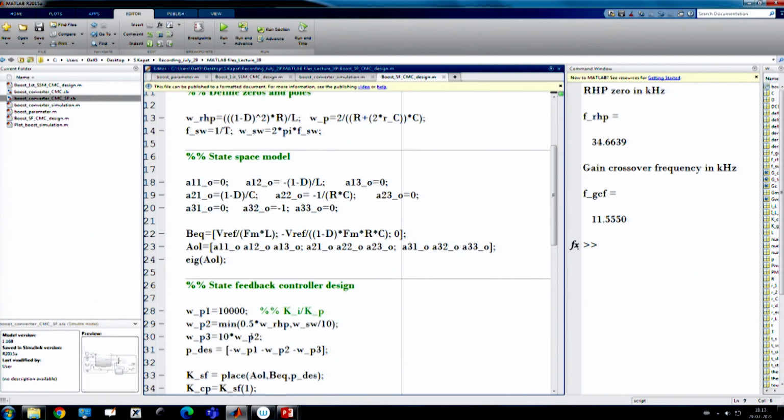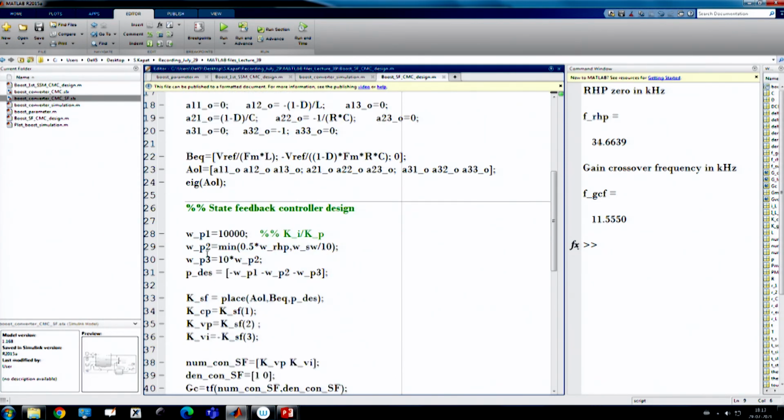Now, I am designing this first to obtain my first ratio, A1 which is 10,000, that means Ki by Kp. The other pole I am taking as minimum of RHP zero by 0.5, I can take let us say 0.33,